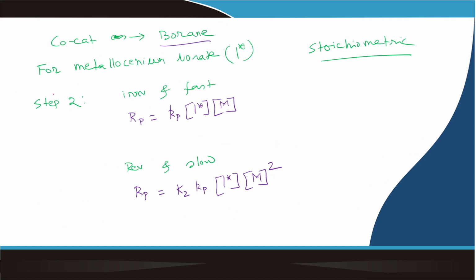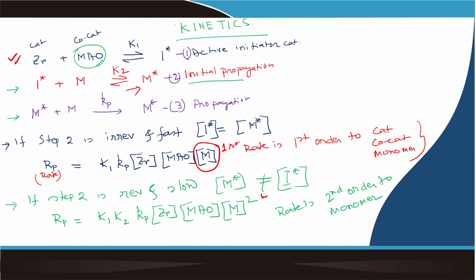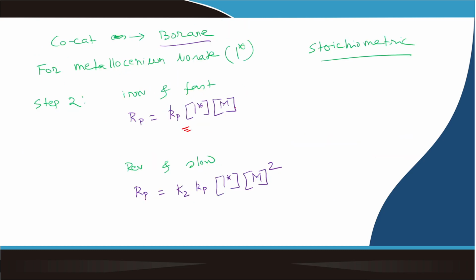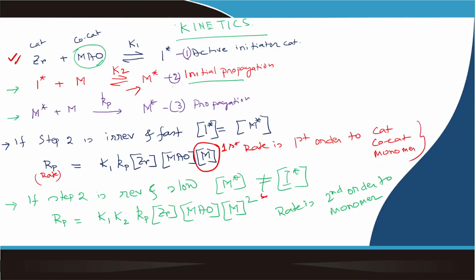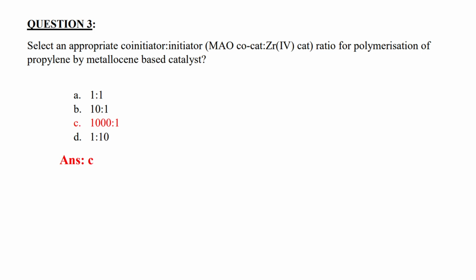So if step two is reversible and fast, you have this equation, and it is first order. For reversible and slow, it is second order. Let's take what they have asked us here. They ask about reversible, and I think that would be second order. So the appropriate